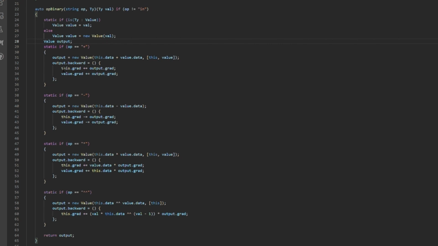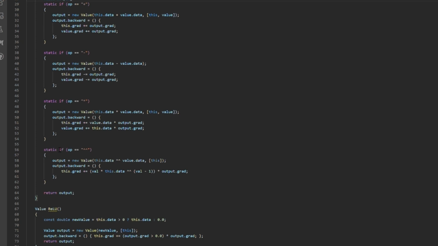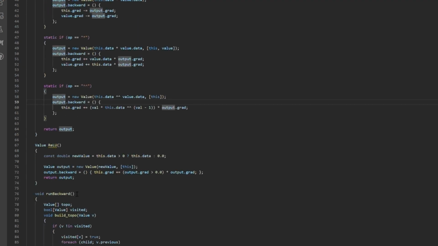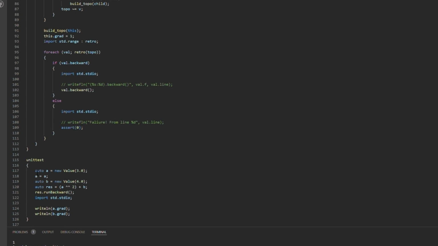And then for our backward mode, we have to update the gradient of the ones that depend on it with the gradient of our current output, because it would have been updated by the ones that come before it. More on that later. And you can see that these are all fairly self-explanatory. This one's slightly more tricky, but the trick with reverse mode, if we do some sort of simple calculation at the bottom, so I've done a squared plus b. The trick is you have to run this run backward thing, which will then, rather than the output containing all the gradients we want, what happens with the reverse mode is that the inputs have their gradients propagated back towards them. So the derivative of the result with respect to a gets put in a,